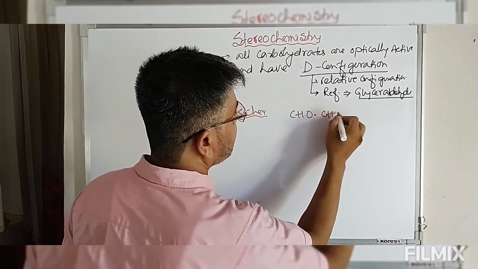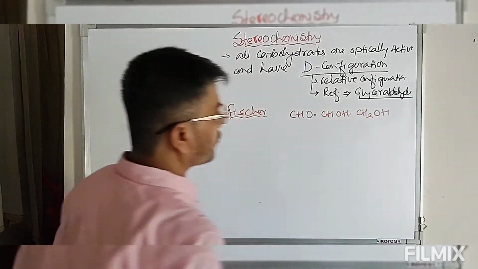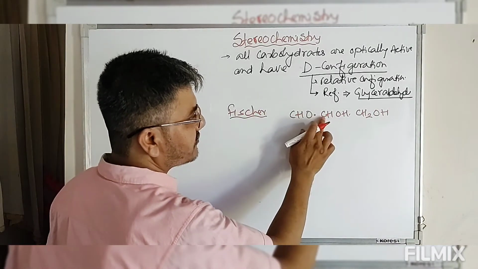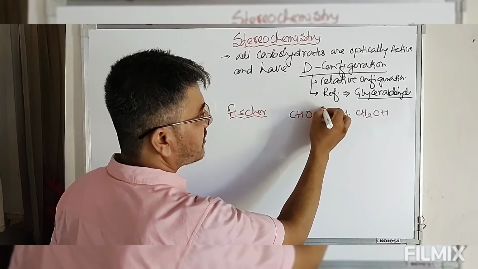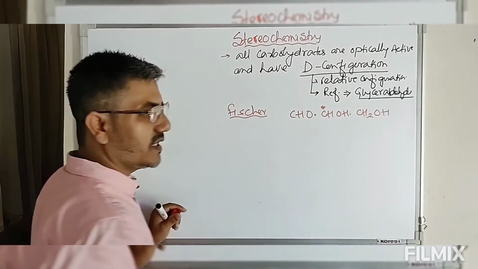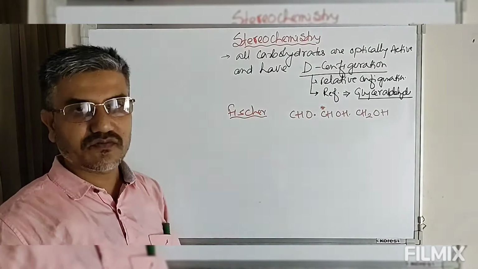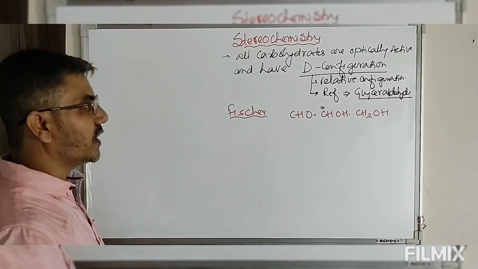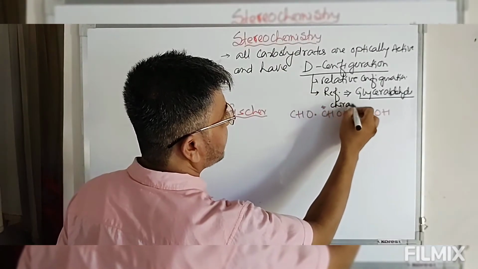The compound glyceraldehyde is CHO, CHOH, CH2OH. So we have this three carbon containing compound. This is the aldehyde group. We have carbon, hydrogen, OH. So this carbon is chiral, whereas the first carbon and the third carbon are achiral. So based on the configuration of this, we'll define the configuration of the carbohydrate. Now this being chiral, it can exist in two